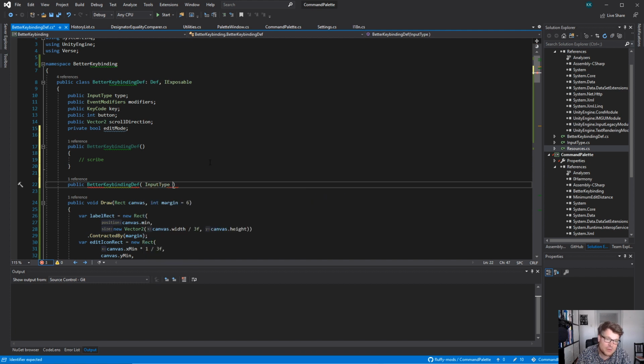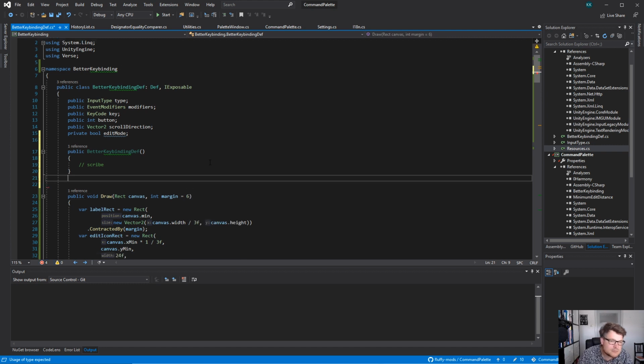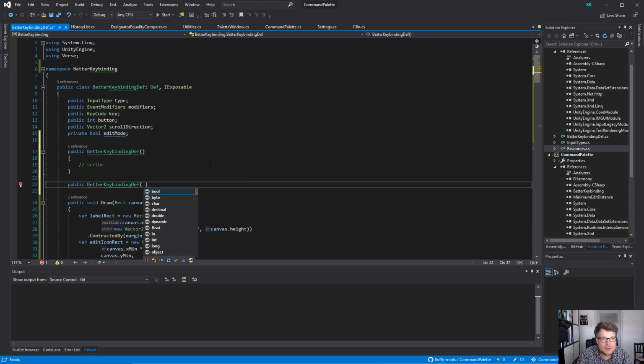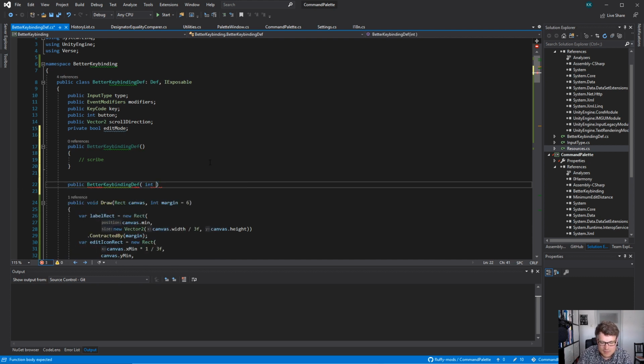Yeah, because we're gonna call that a lot. Type. No. Key binding def. If we just type an int, then that would be the button. And that's going to redirect to